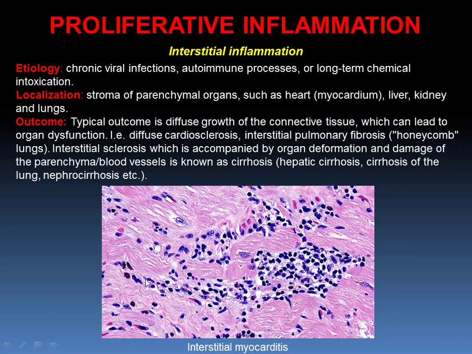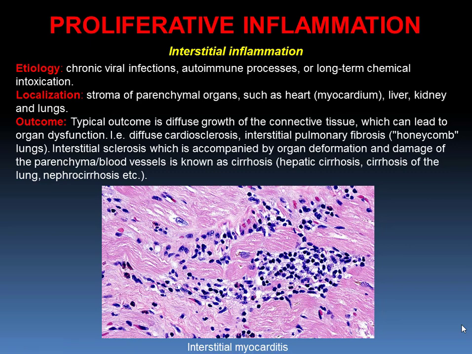Microscopically, the inflamed organ is seen with damage to parenchymal cells, which are dystrophic and even necrotized, and accumulation of different inflammatory cells between parenchymal cells. In infiltrates, the predominant cell type is usually lymphocytes, with admixture of plasma cells and single macrophages. Neutrophils are very rare. Outcome is development of connective tissue in place of exudate.